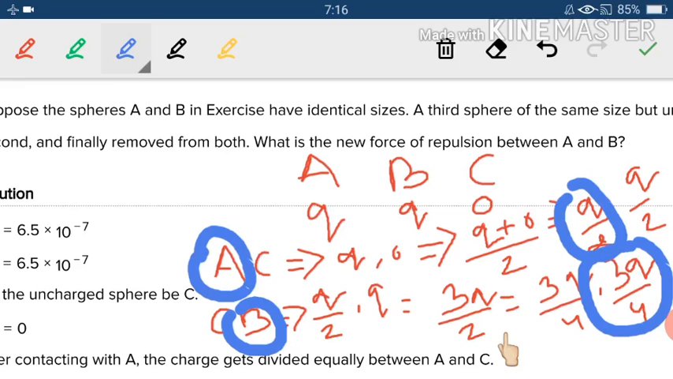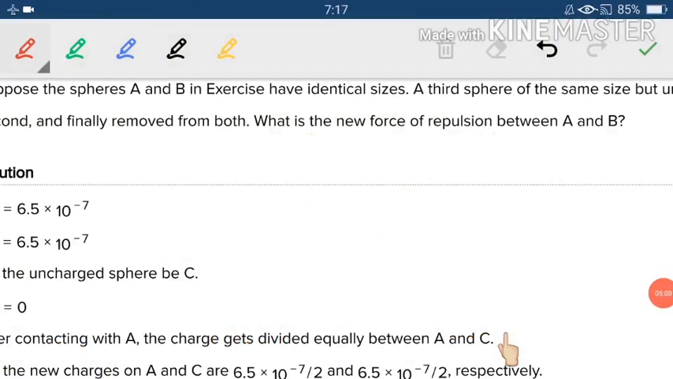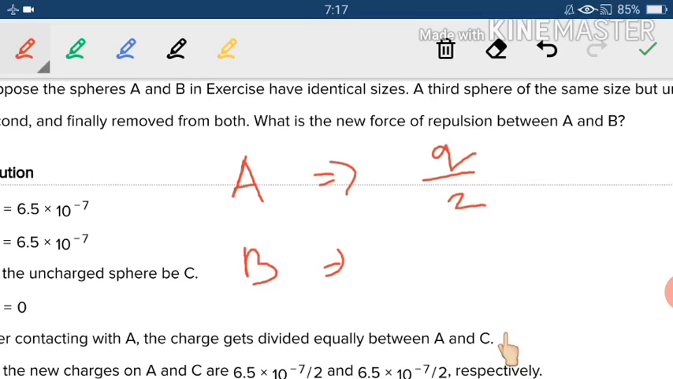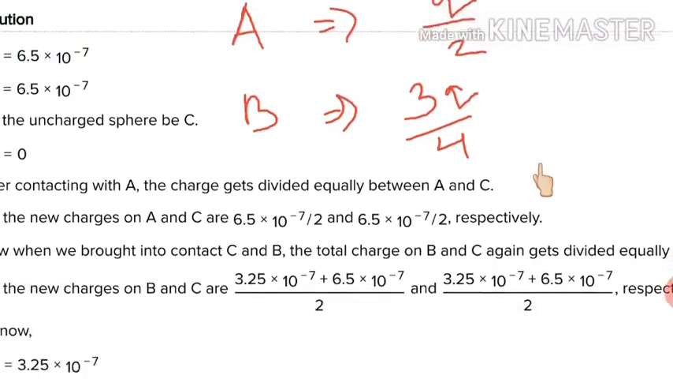So what we can write, it means we can say that now the charge on A is Q by 2 and the charge on B is 3Q by 4. So accordingly now we can calculate the new charge on A and the new charge on B, and then with the help of Coulomb's law we can easily calculate the force of repulsion between them. So finally what we can write,